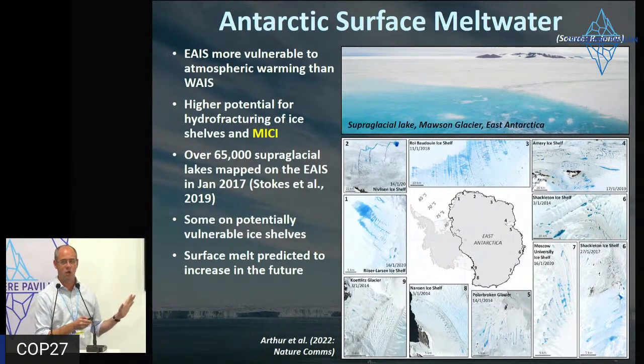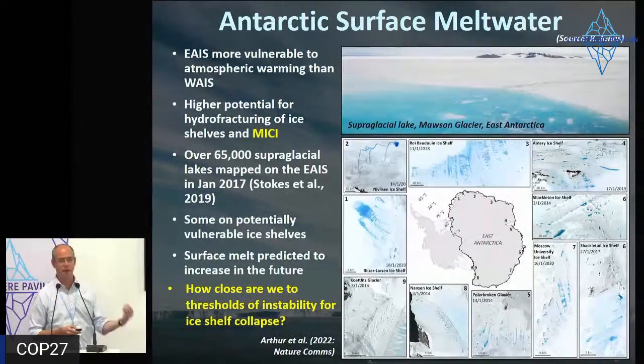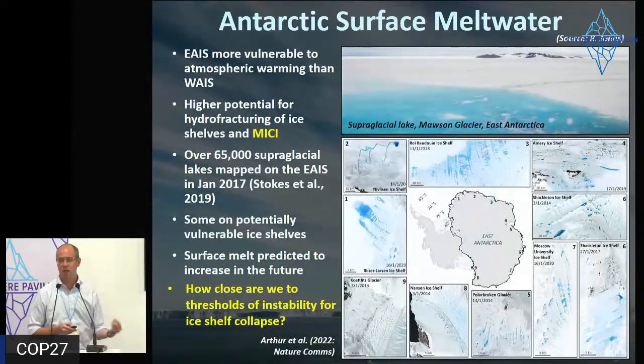But I think East Antarctica in particular is going to be vulnerable to this, because East Antarctica actually extends quite far north into quite low latitudes, further north than the Antarctic Circle. So there are likely to be some very vulnerable ice shelves in East Antarctica in the future. How close are we to thresholds of instability, I think, is a really interesting question to ask. What kind of emission scenario would mean that we start to fracture apart and collapse some of the ice shelves